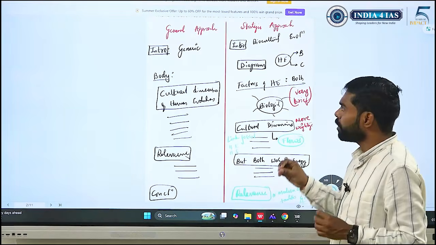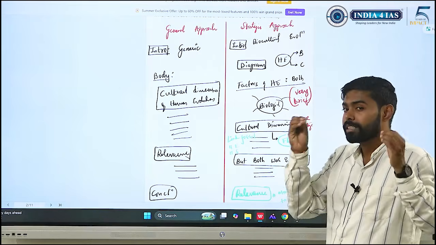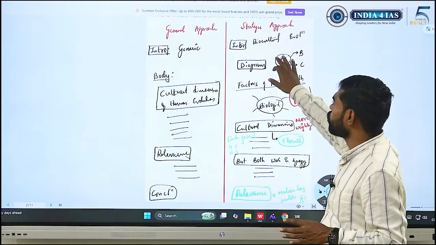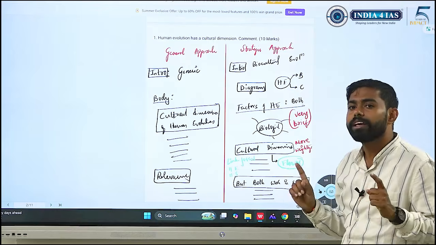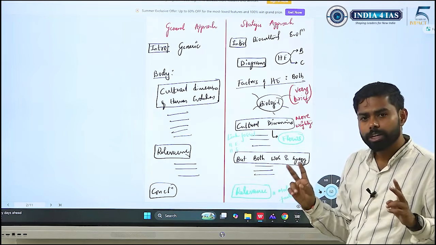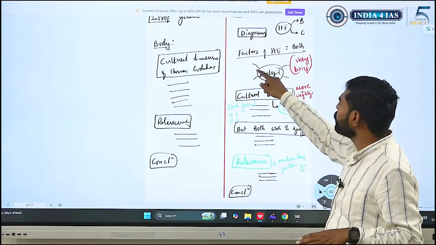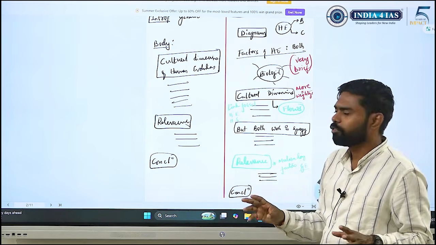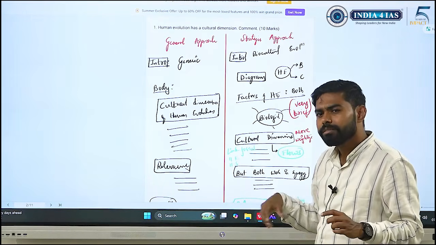If we want to write more dimensions and enrich it, we need to integrate the same elements that we spoke about in the day one sessions. So I'll be directly hitting the concept of biocultural evolution. That keyword will be there in my introduction. I'll be using a diagram. Human evolution includes 2 aspects: biological and cultural factors. And I'm very briefly giving some space to the biological factors in human evolution. This is not directly asked, but that is what is the implicit demand.